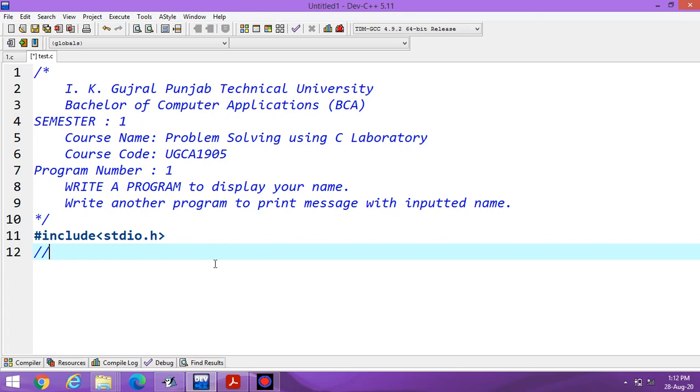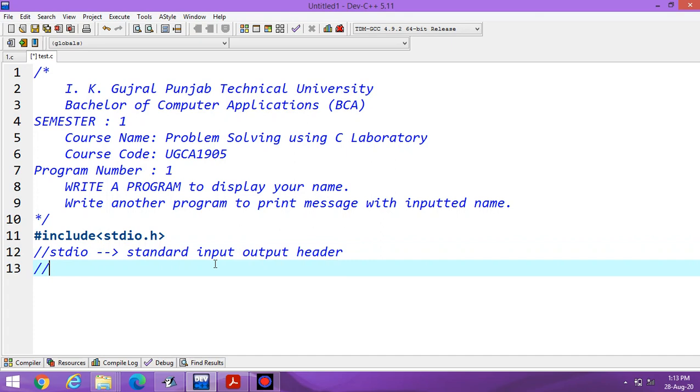Hash is an initiator which is used to include. stdio is standard input output, and h stands for header.